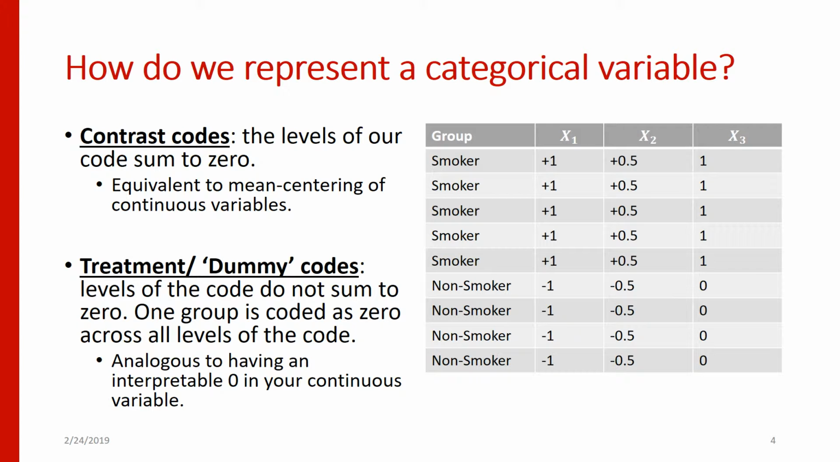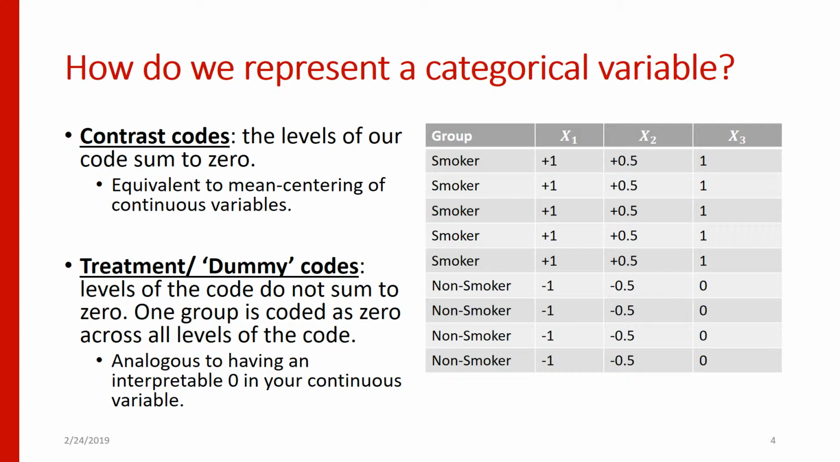Now, these are both valid methods of coding our data, and they will both lead us to the correct statistical conclusions, but we have to be careful about how we interpret our slopes and our intercepts depending on what codes we use. So in contrast codes, the levels of our code all sum to 0, and this becomes equivalent to mean centering a continuous variable. It allows us to interpret y on average across levels of x, because the intercept then becomes the average value of y, because the intercept is the value of y when x